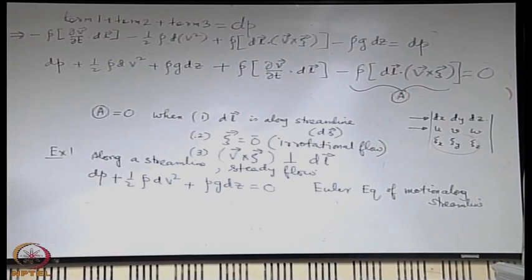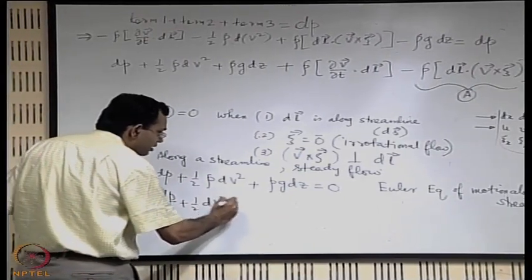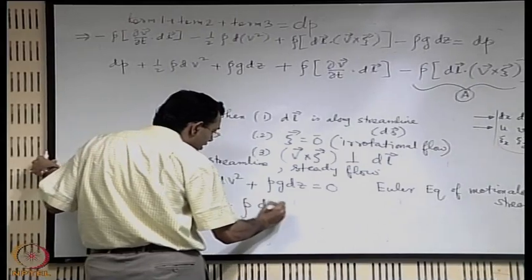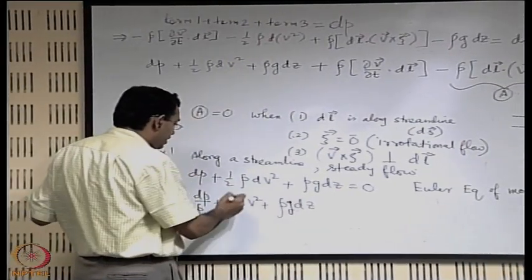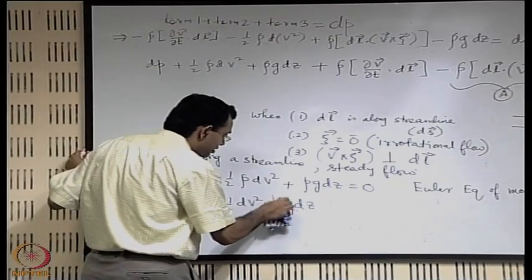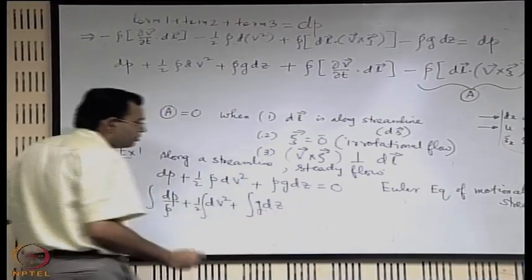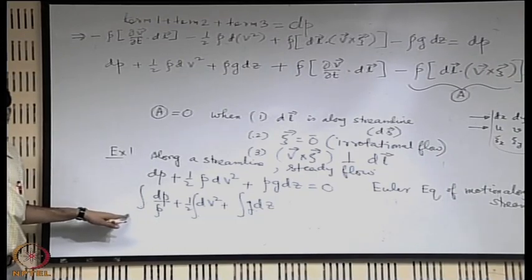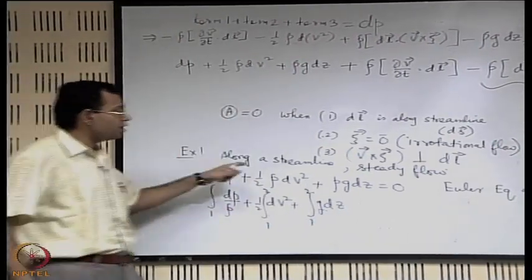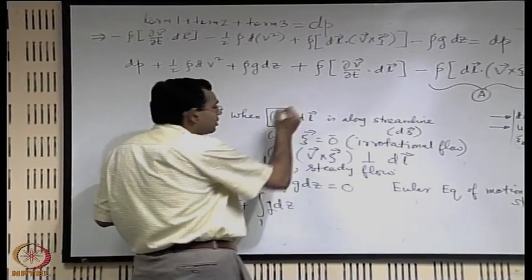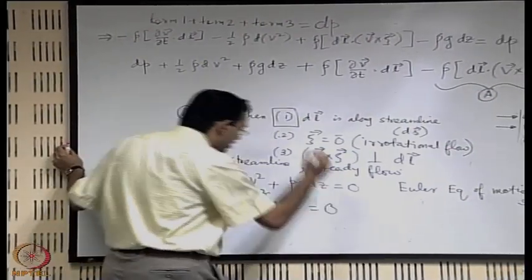To do that, let us say we will write it in this form: dp by rho plus half dv square plus g dz, and try to integrate it. The rho will not be there because we have already divided by rho. When we try to integrate it, what are the points over which we are integrating? We are integrating between 2 points 1 and 2 which are located on the same streamline, because we have considered along a streamline, that is we are considering this particular case which has made the term a equal to 0. So when we do that, this equal to 0 is still valid for any type of flow,